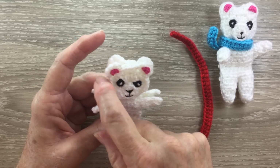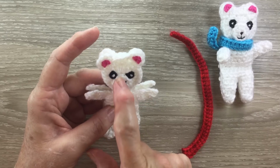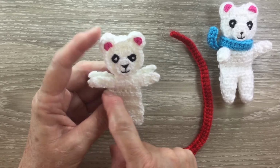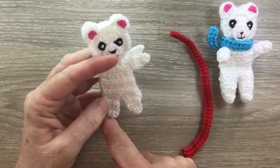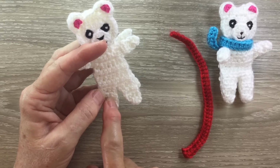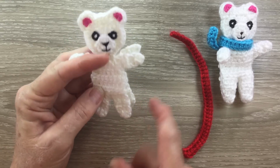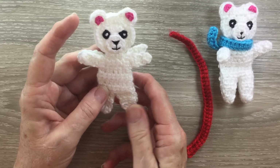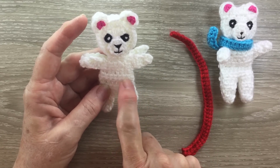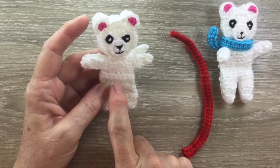arms and around the head and insert some filling, and then once I get into the arm I'll completely fill the head, and then I go around the arms and then down around the first leg, and I will insert some filling in the first leg, and as I finish the other leg I'll insert more filling into the second leg, and I don't put as much filling into the stomach so that the bear will bend when it sits